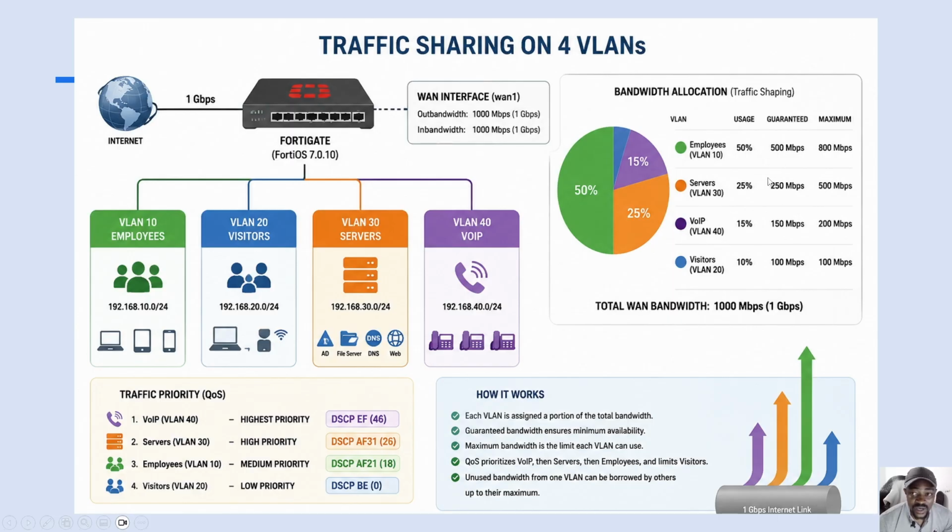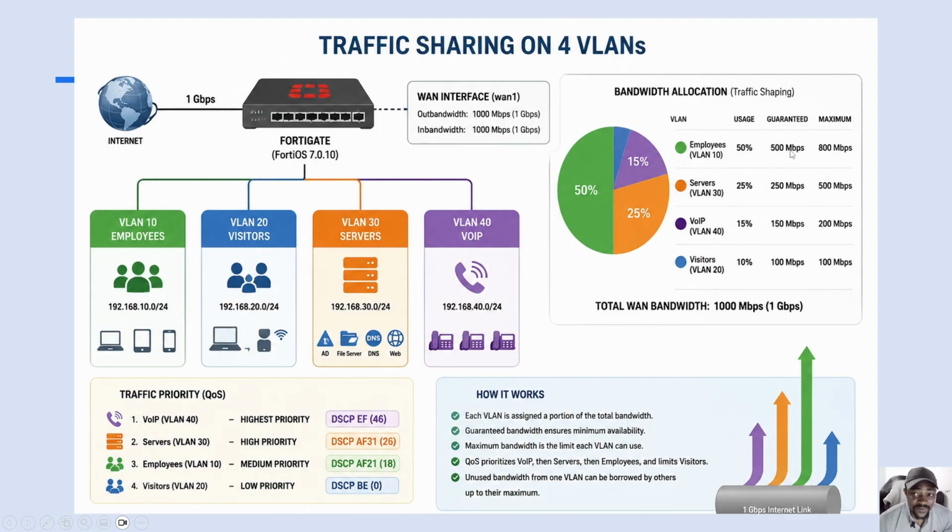Then on the other side, we have what we call the guaranteed bandwidth and the maximum bandwidth. As you know, if you are giving 50% of the traffic, it means we are guaranteeing, for example, 500 megabytes per second for the employee VLAN. But the maximum bandwidth that they can use, we can set to 800. It means if at a certain point,